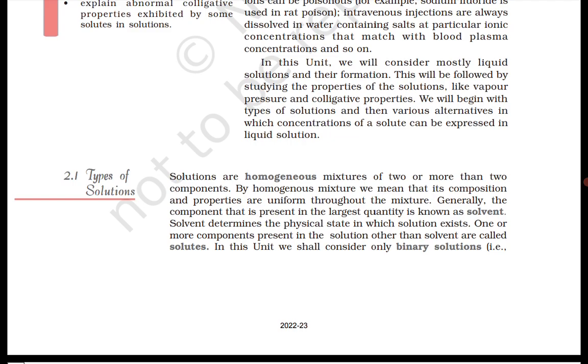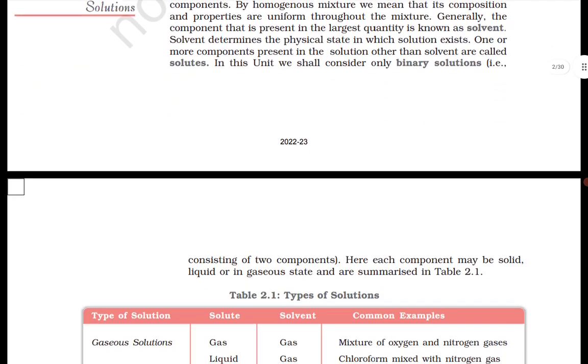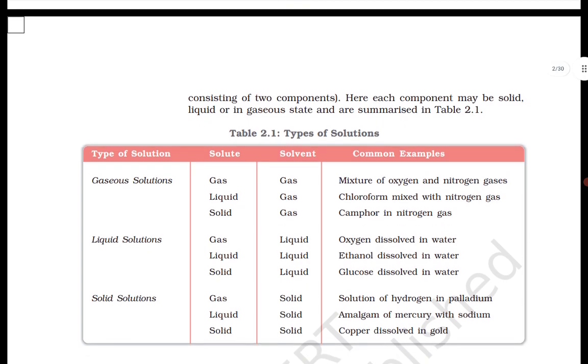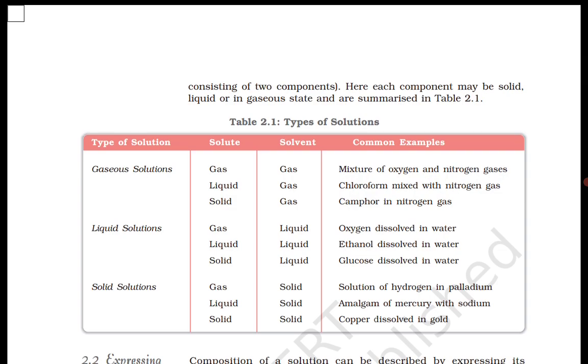In this unit, we shall consider only binary solutions, that is, consisting of two components. Here, each component may be solid, liquid, or in gaseous state, and these are summarized in Table 2.1. Table 2.1 shows types of solutions. Gaseous solution: solute gas, liquid, solid, then solvent gas, gas, gas. Common examples: